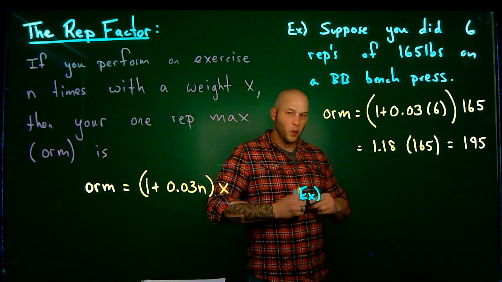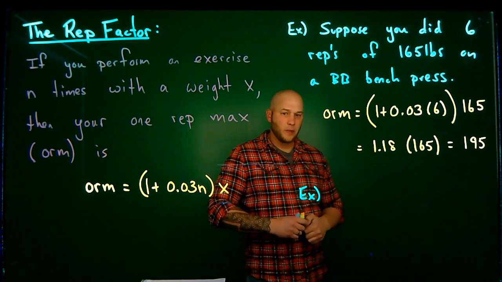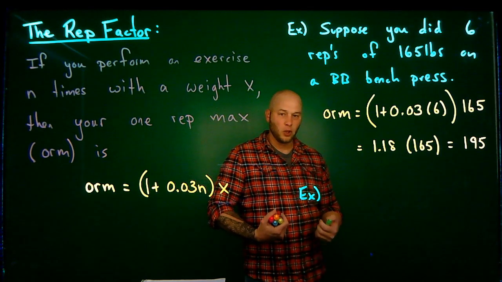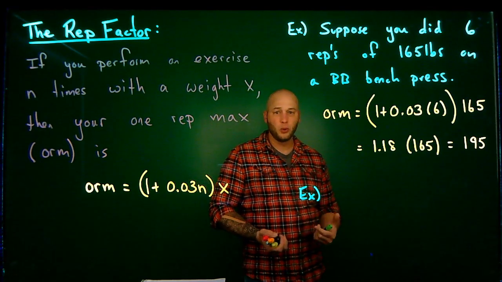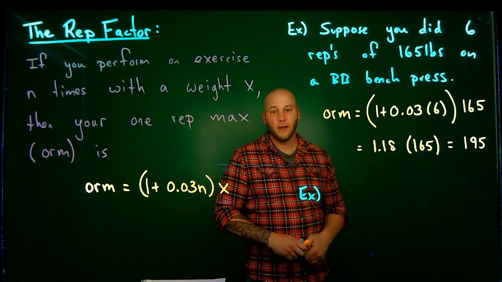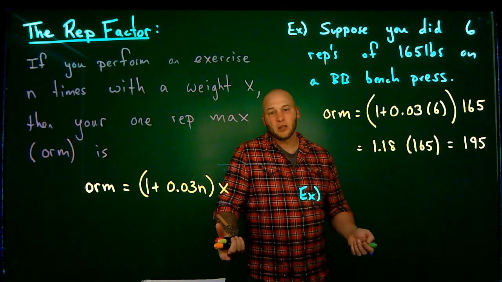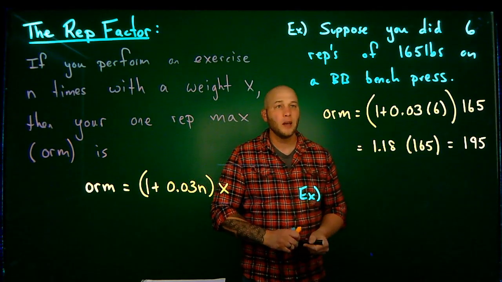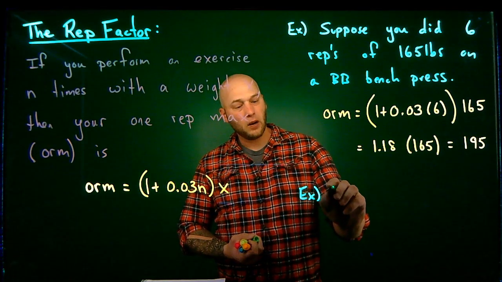Now, in the weight room, a lot of times people, especially beginning weightlifters, have this goal of being able to bench press 225. Why 225? Well, that puts 45s on each side of the bar, and it just looks impressive, especially for beginning weightlifters. So let's say, how many repetitions